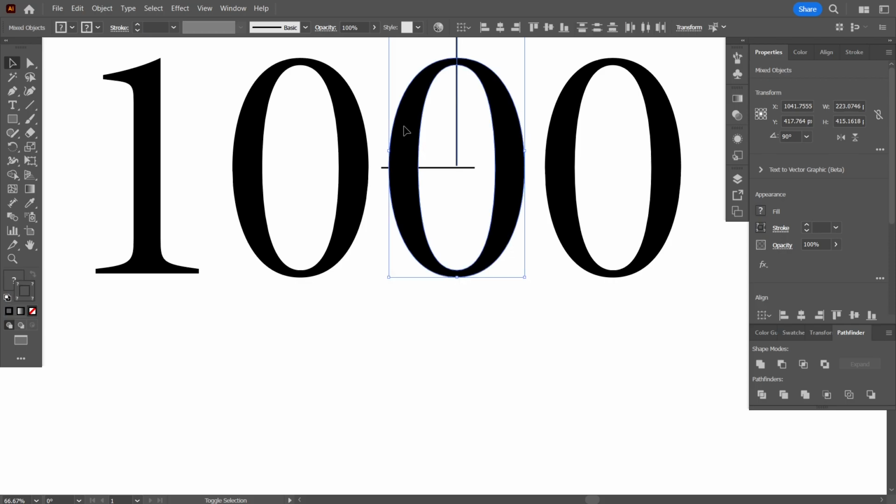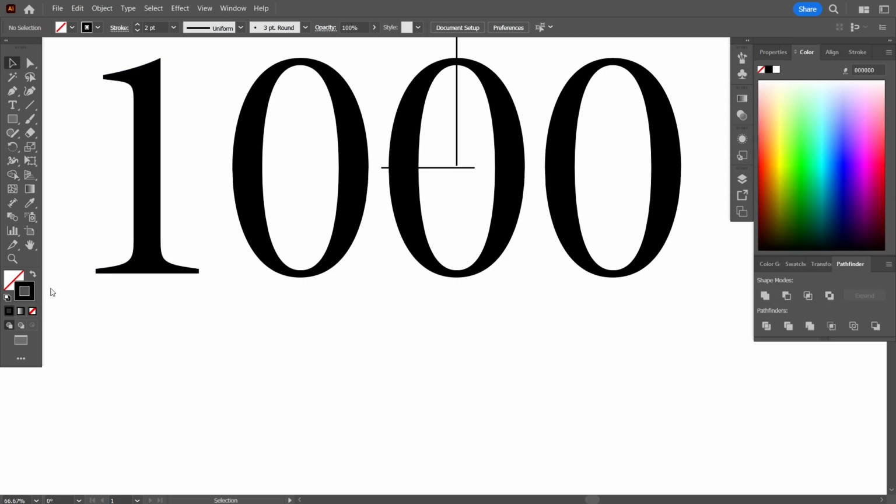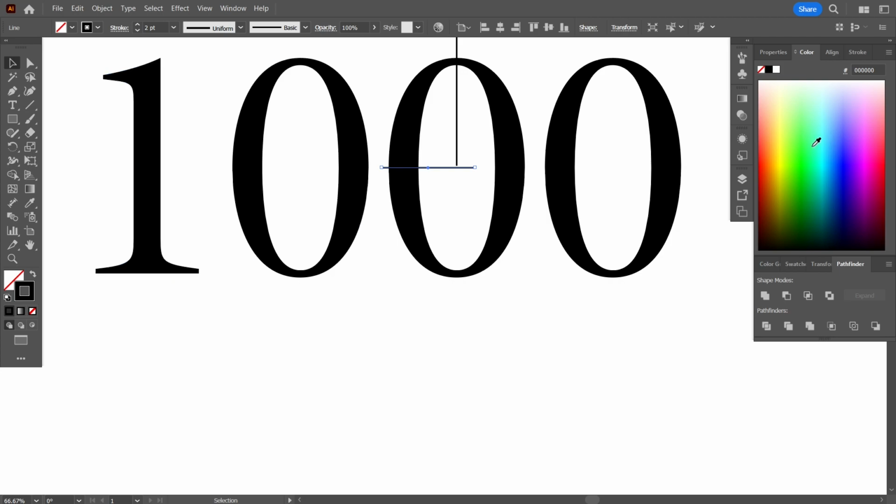But there's a little bit of confusion because everything is black. So I'm going to select these individual straight lines and give them a slightly different color. For that I'll select it and give it a random color. Oh sorry, I forgot to select the straight line. Select the straight line, give it a different color. Select the other straight line, give it a different color. Now select the three objects, the two straight lines and the 0, and now you can see what's happening. As you can see,